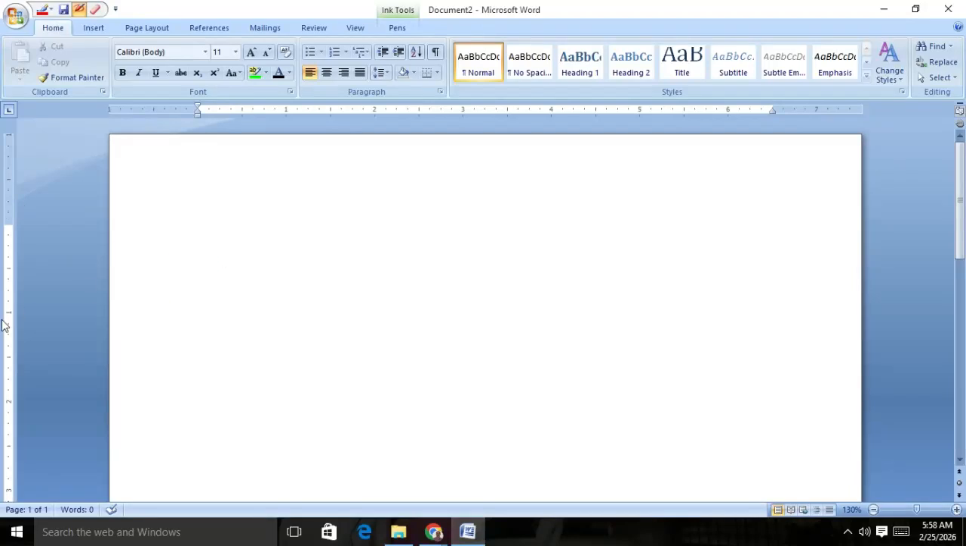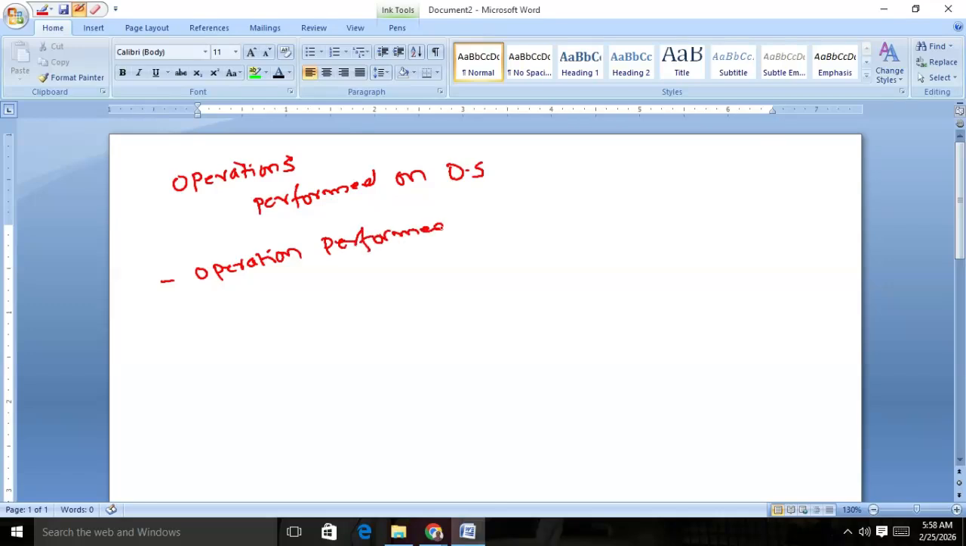Hi friends, now I would like to explain the various operations performed on the data structures. Here we remember one of the important points, that is the operations performed on data structures is